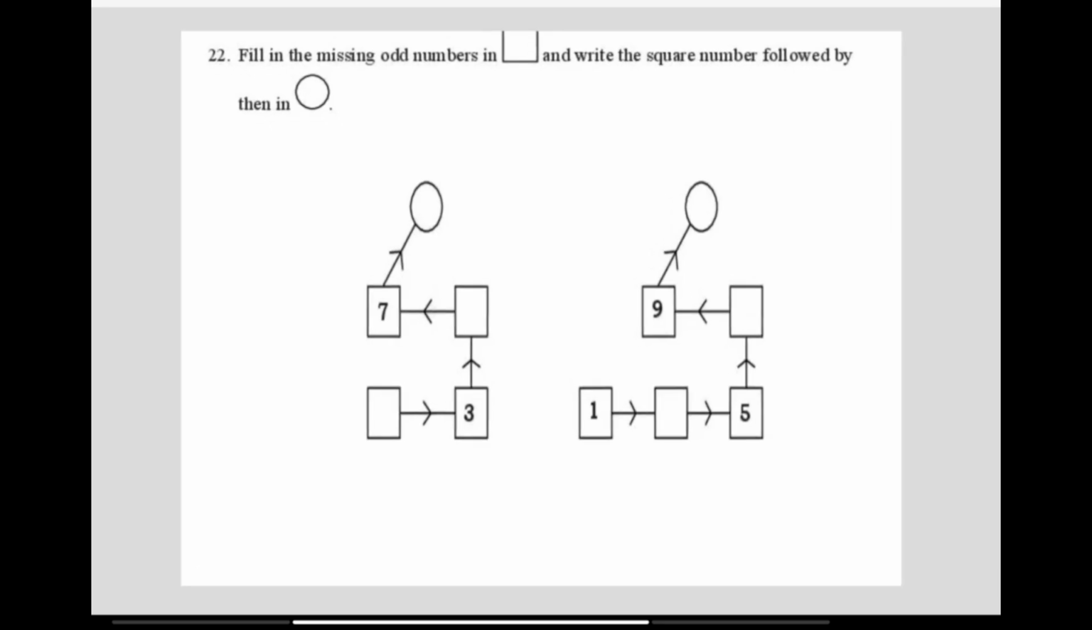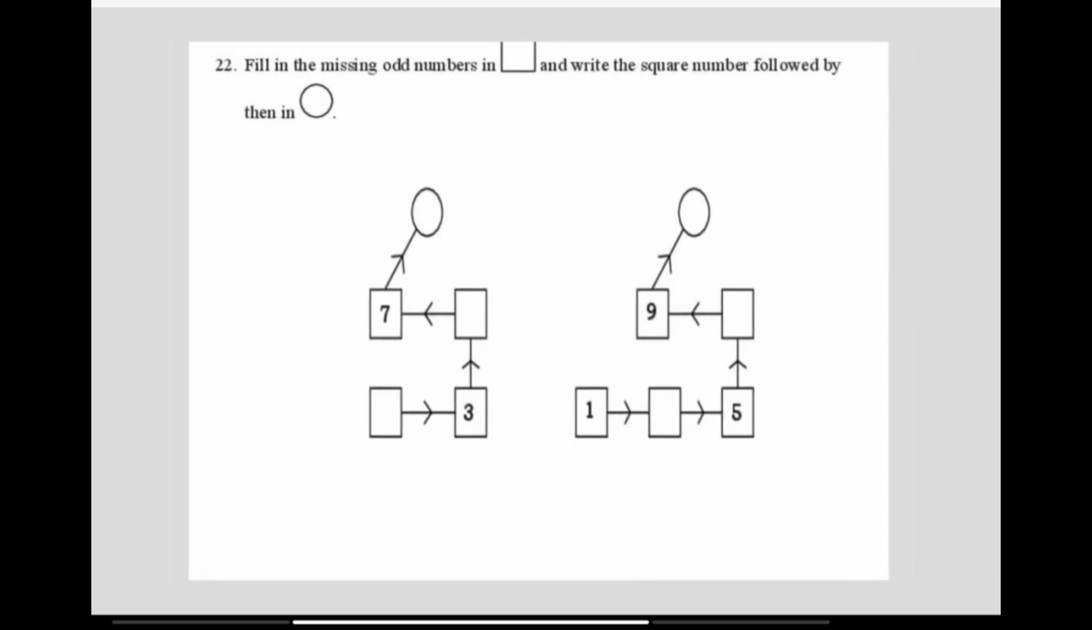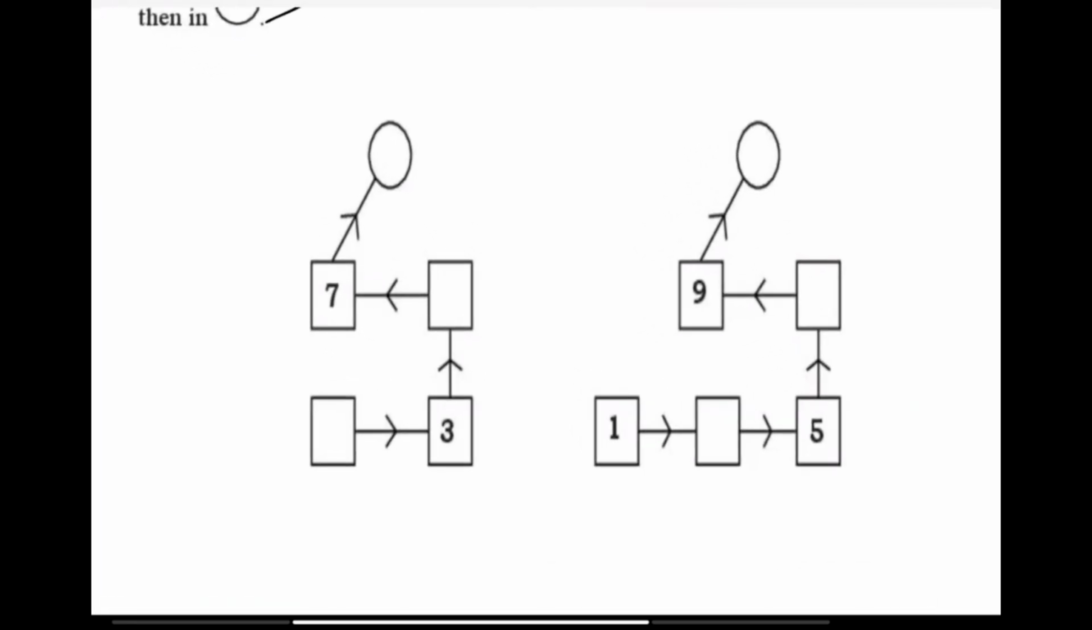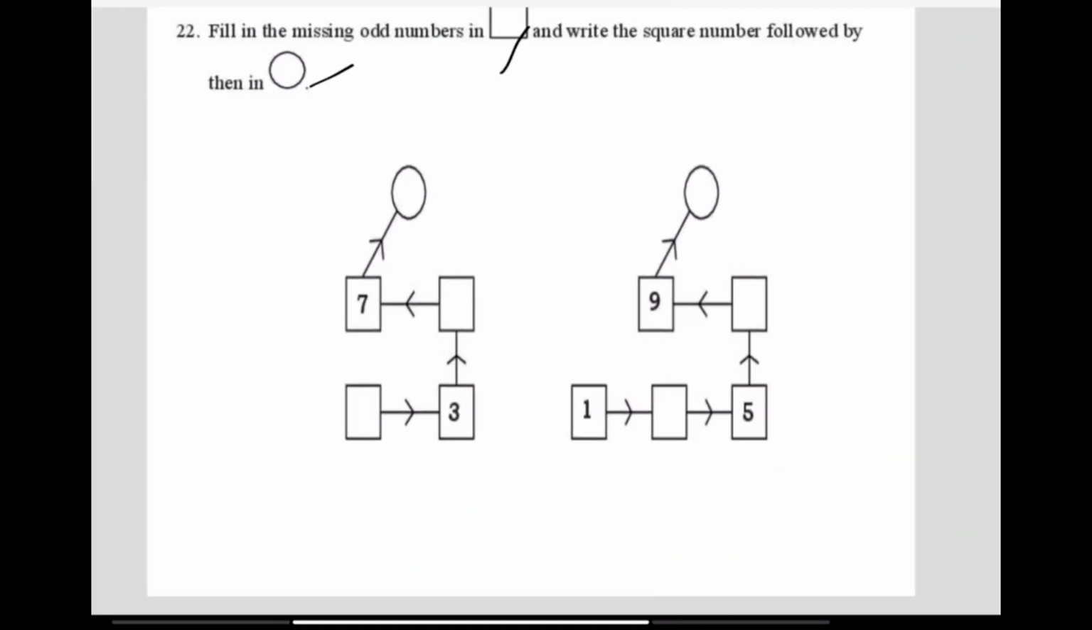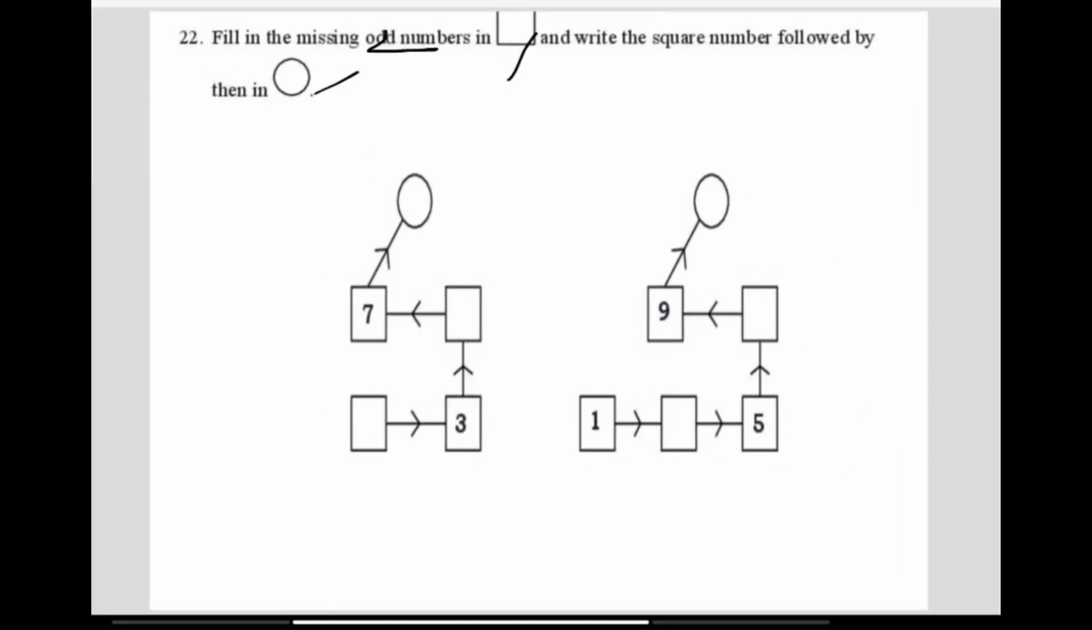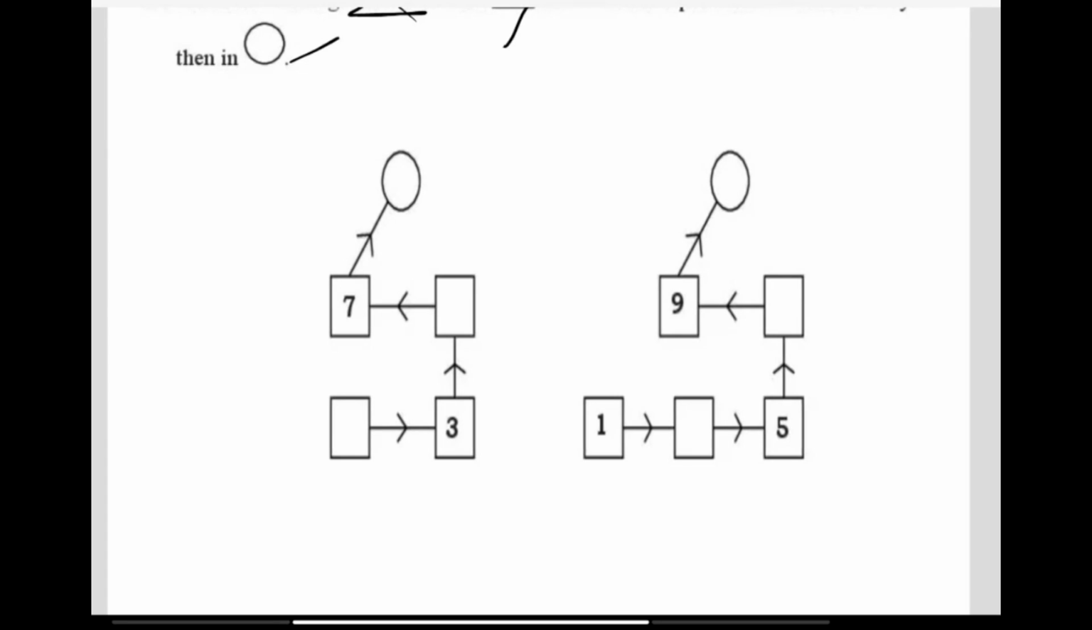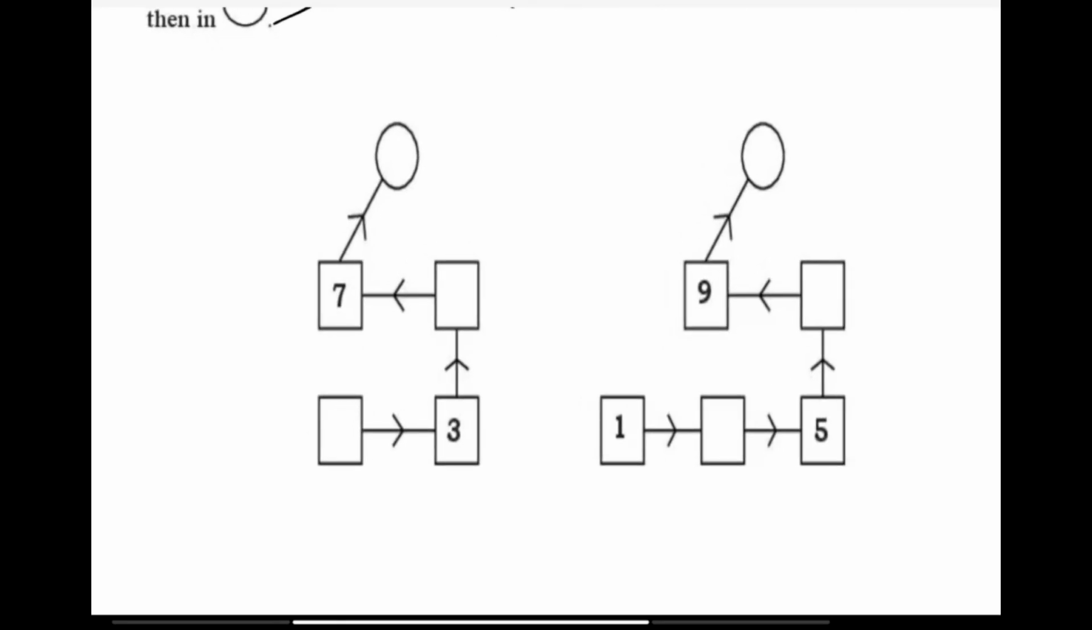Fill in the missing odd numbers in the rectangle and write the square number in the circle. So you have to write the odd numbers. Fill the missing odd numbers: 1, 3, 5, 7, 9, then 11. These are the odd numbers. Even numbers are 2, 4, 6, 8, 10. These are the even numbers, right? So we have to fill it with the